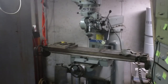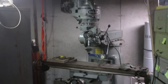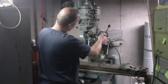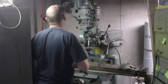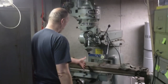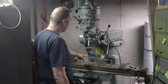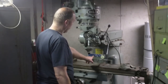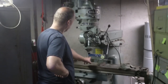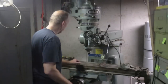Well guys, I decided I'm going to tram the mill. So in preparation of doing that, what I've done is I've rotated the turret back to 0 degrees, and I centered the table, and I've changed my collet size to accommodate this test fixture that actually was in the cabinet with the Wells Index machine when I bought it, which clearly is a fixture that somebody had made up to help them tram